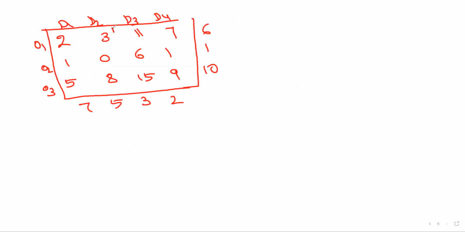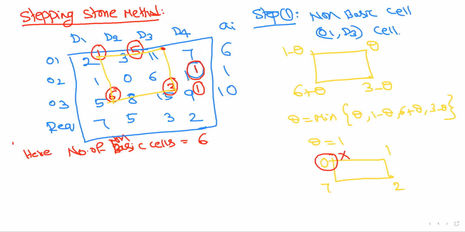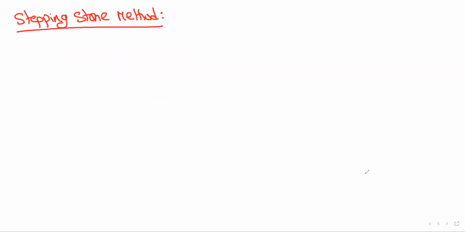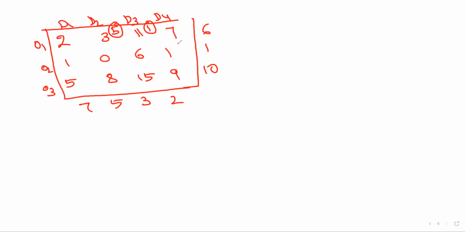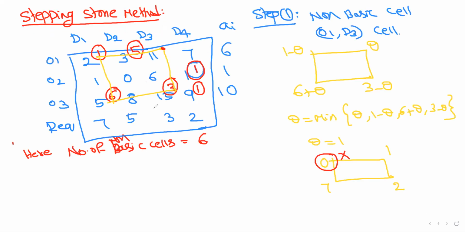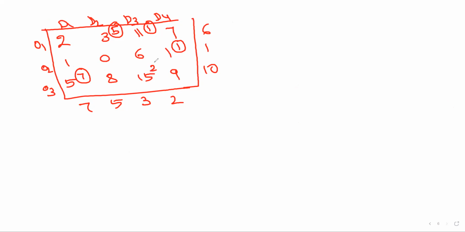For 3, 5. For 11, now we got 1. And for 1 is 1 only. For 5 is 7, right? For 1 is 1. For 5 is 7. For 15, it becomes 2, you got now. 2, 1, right? 15, 2, and now this is 1.